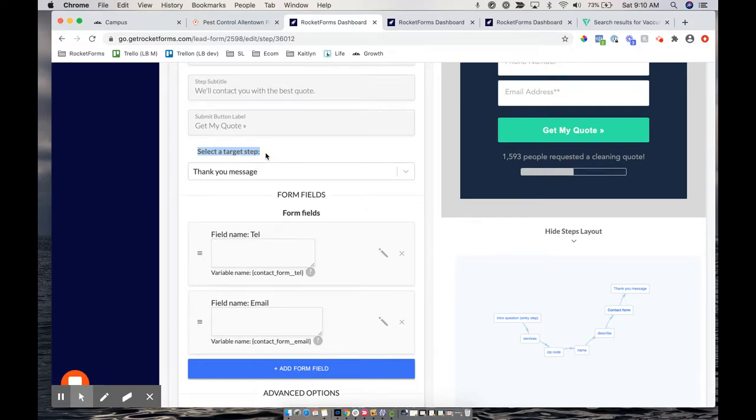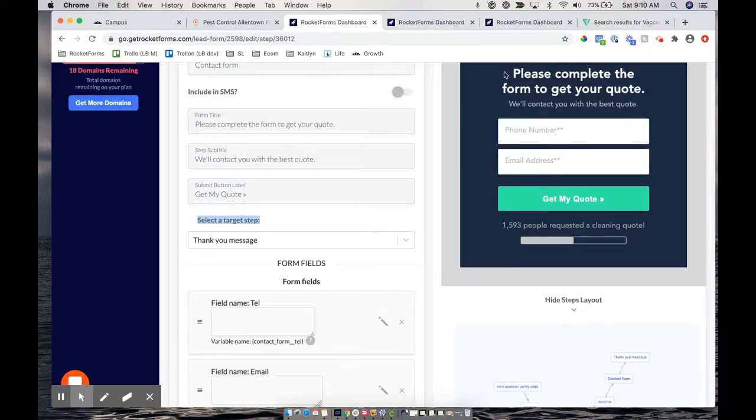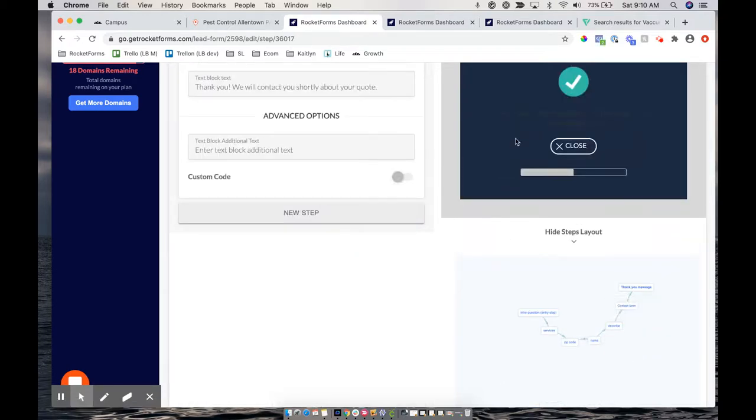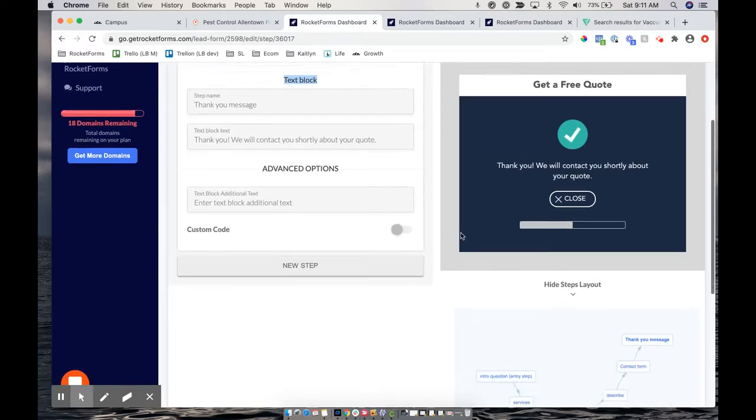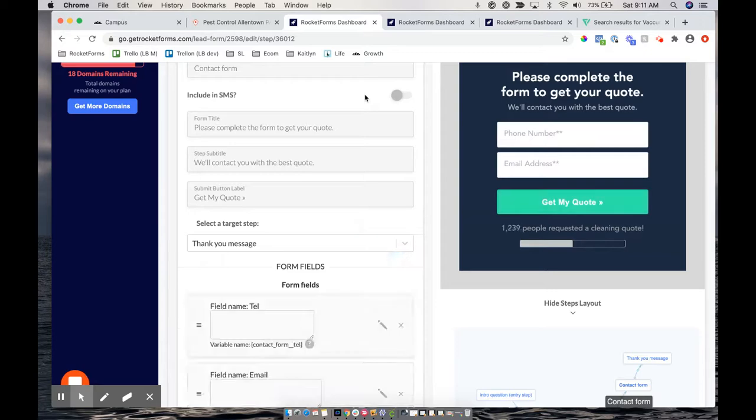Something to point out here as well is when you're ending your form. Let's say that you have a contact form like this on the last step. To completely close the loop on the form, you'll need to set a thank you step message. So you'll just need to have a thank you step set on your form. And this is the last step of the form. So going back to the contact form,